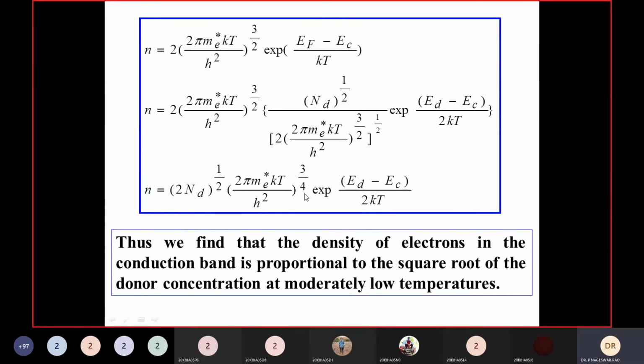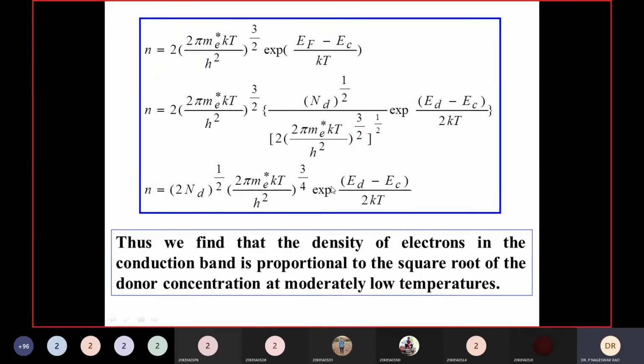If we simplify these two terms, because this is 3 by 4, this is 3 by 2, again we can get 3 by 4, (2 pi m_e KT by h square) whole power 3 by 2 into exponential of (ED minus EC) by 2KT. This is the density of electrons in the case of n-type